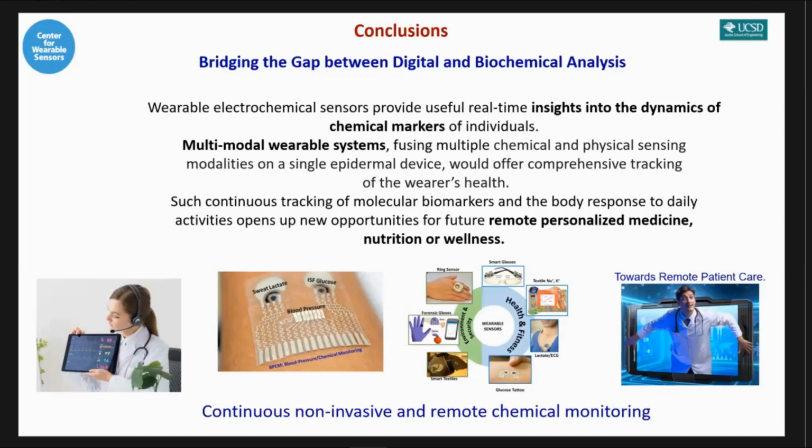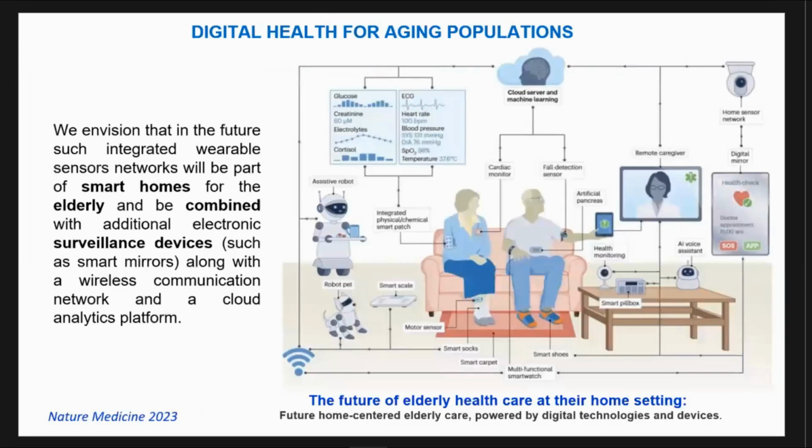And hopefully this will lead to self-care, personal nutrition, personal wellness, remote medicine for continuous monitoring of both chemical and physical parameters. And we are combining it now with smart home. This just came out in Nature Medicine, where all this chemical sensor will be integrated with smart home for the elderly, a lot of other surveillance devices like smart mirrors, smart seats. So not only